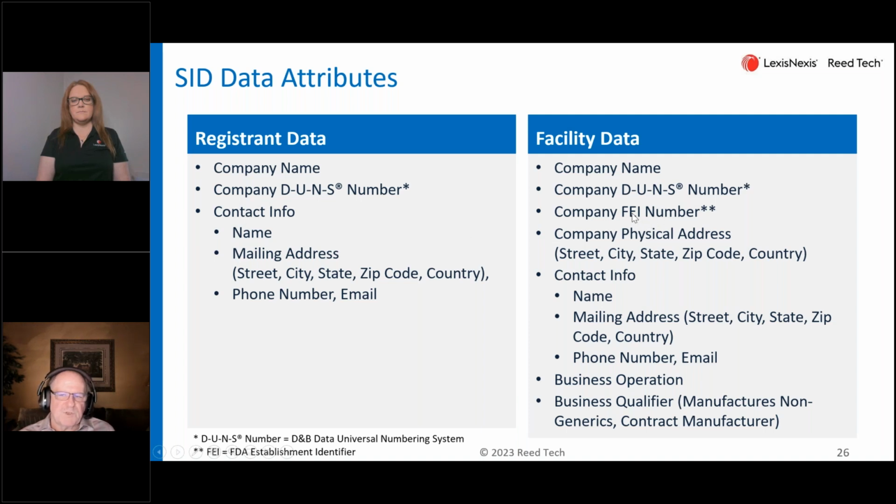Notice the registrant does not have an FEI number. This is really targeted just for the actual establishment, not for a corporation that acts as the registrant. And then there are some other fields down there: the contact information, the physical address, and so on, business operation, and then a business qualifier. So it's not a huge set, but sometimes you have to poke around and find the DUNS number and FEI